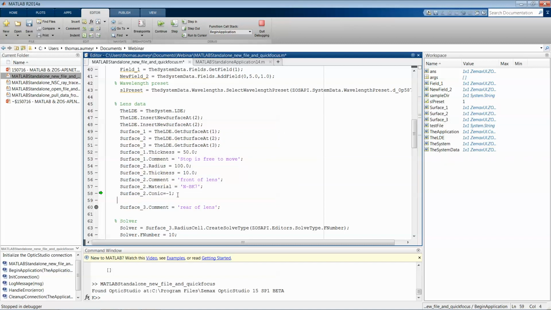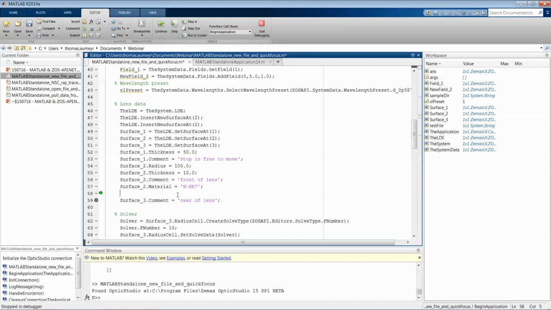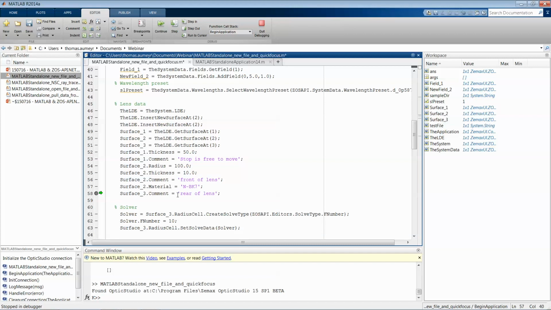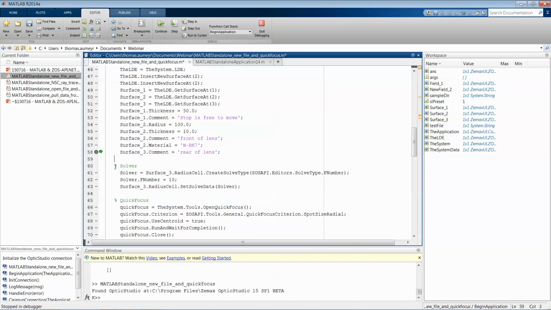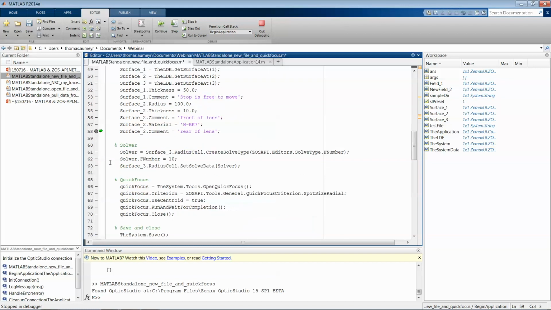Okay, let's delete this and continue. Okay, so again, after we have defined all of our surfaces, I would like to have my third surface have an F number solve of 10, for an F number of 10. So to do this,